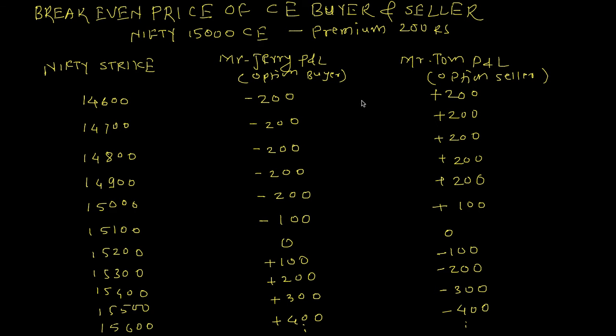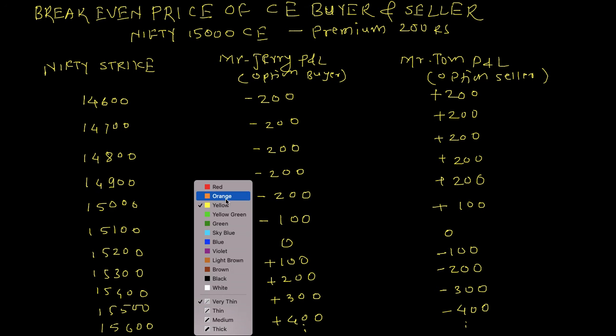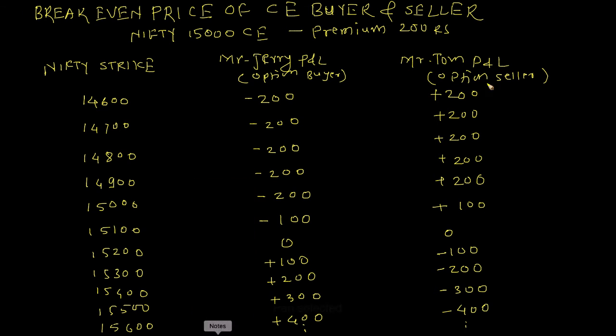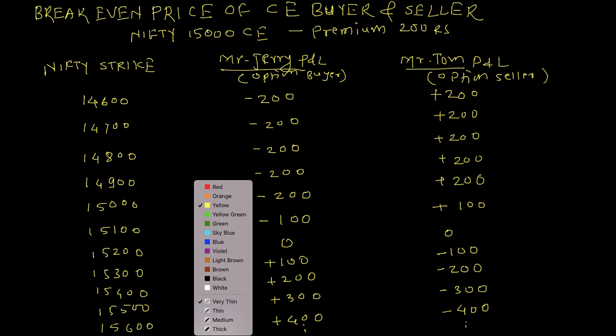In this video, we'll learn how to find the break-even price for a call option buyer and seller. In this example, we are considering a Nifty 15,000 call option, whose premium is rupees 200. Again, we have our Mr. Tom, who has sold this option, and Mr. Jerry has bought that option. Now let's try to find the profit and loss for various spot prices for both these option buyers